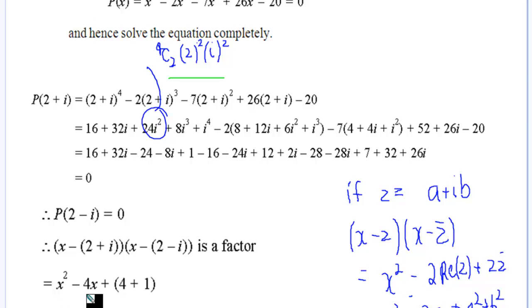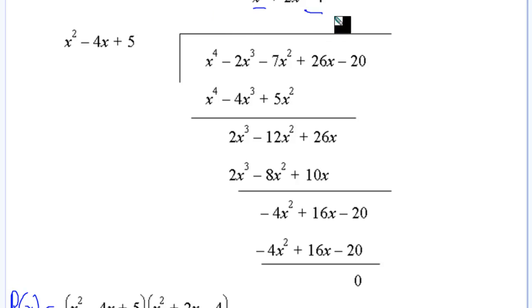We get x squared minus 4x plus 4 plus 1, which gives us that as our quadratic, which is a factor of this polynomial. And again, I've used that idea, so keep going back to that to expand that quadratic out. And then